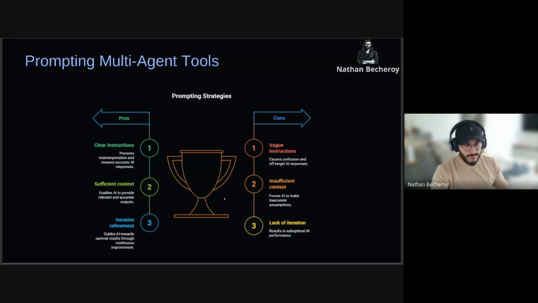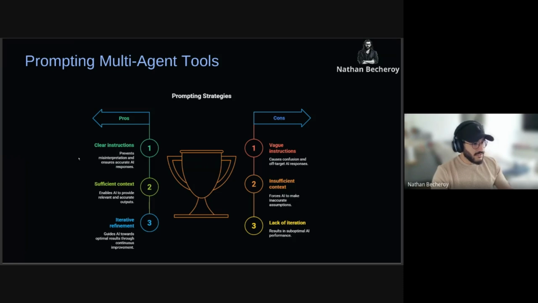I made this summary to talk about major pros and cons and prompting strategy for these tools, because prompting is a very important thing in this type of tool to better use them and reduce the consumption of credits, etc. For the pros, the major thing is to make clear instructions to prevent misinterpretation and ensure accurate AI responses.